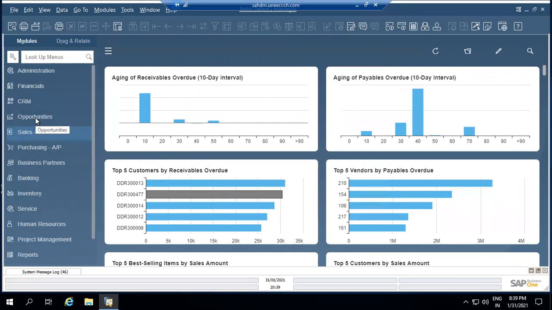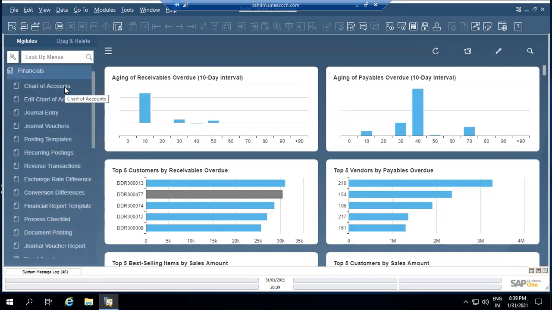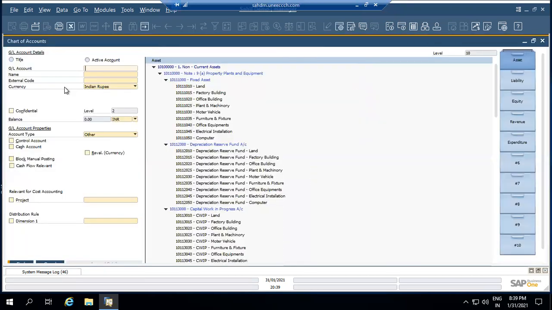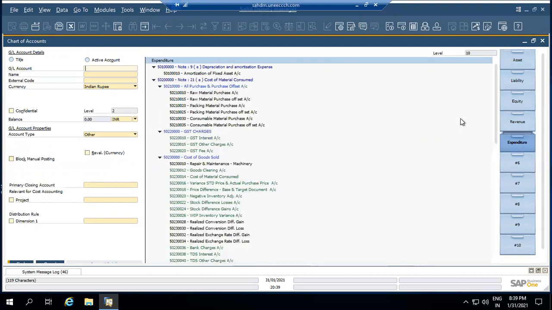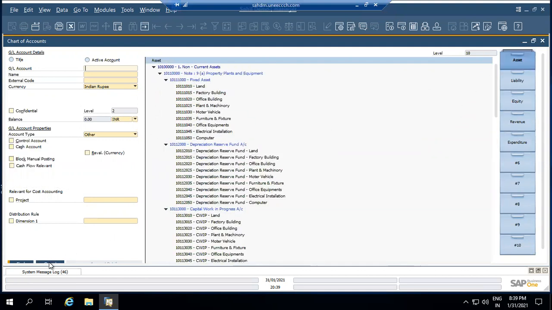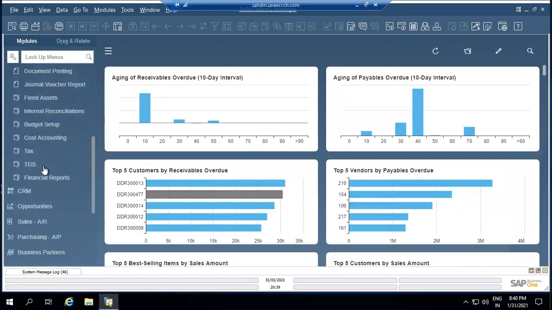Now, the system has a financial module also, which is the heart of the system. So the financial module is also available here. You can maintain the books here. As I have opened the chart of accounts, you can see here that asset, liability, equity, revenue, and expenditure I have defined here. And based on these books, I can pull the report.